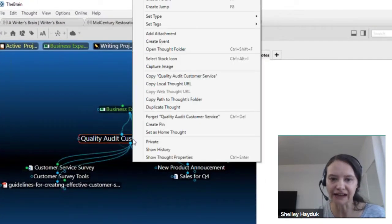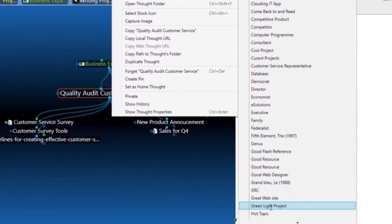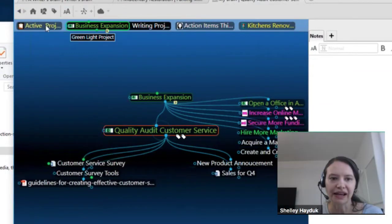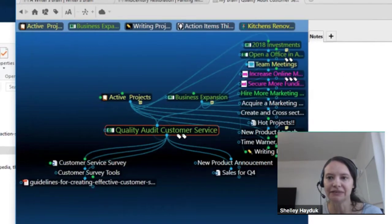This area has become quite extensive, so I'm going to tag this now as an actual project that's happening, an actual green lighted project. So let me just green light this project. And I'm going to move this to my active projects area simply by connecting to that pin. So now we can see, and I'll just make my brain a little bigger here,